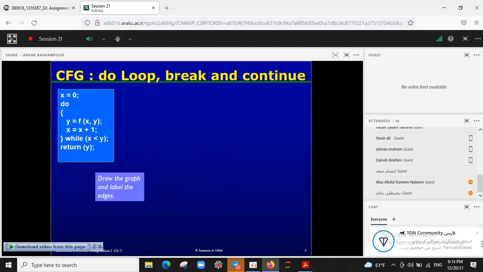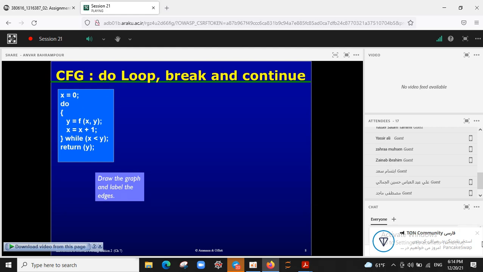If I remember correctly, we reached this slide. This slide is about how to create a control flow graph for the do loop structure, and how the break statement and continue statement change the